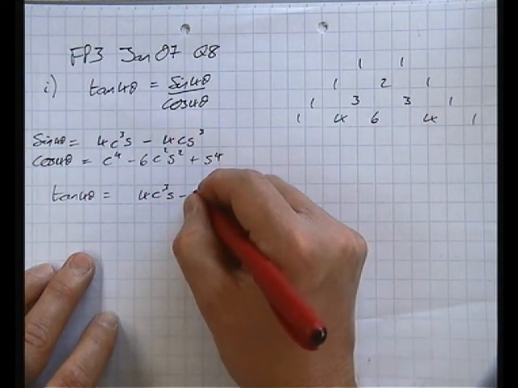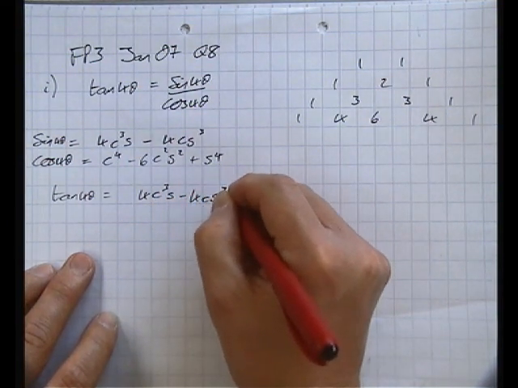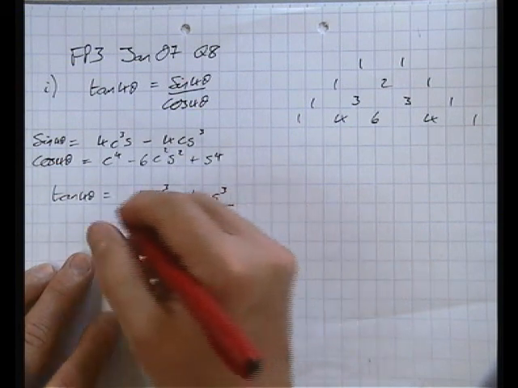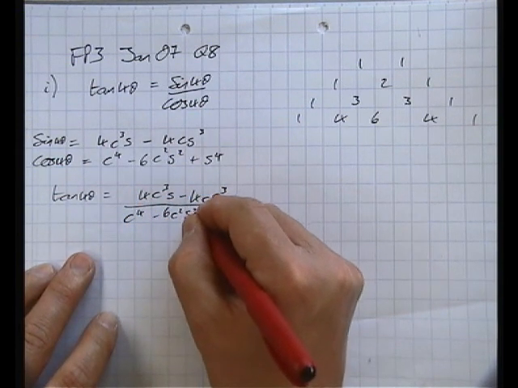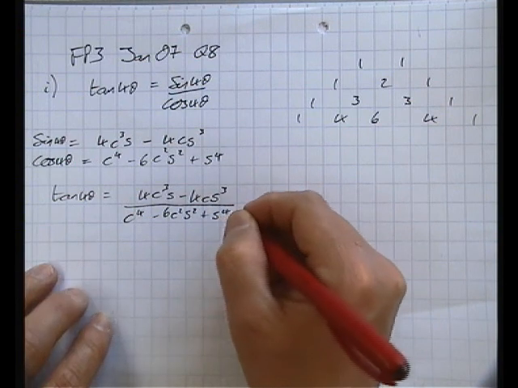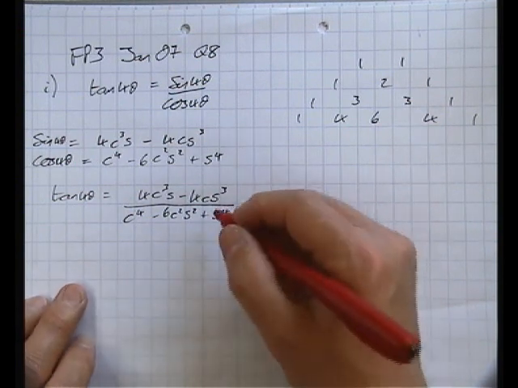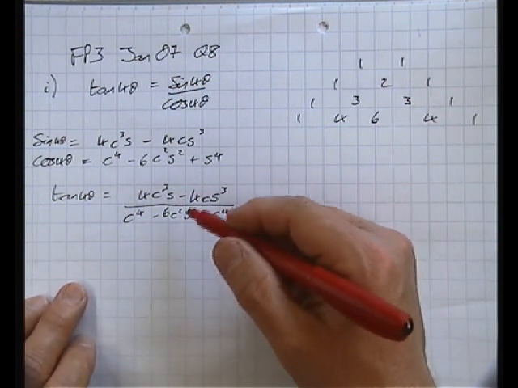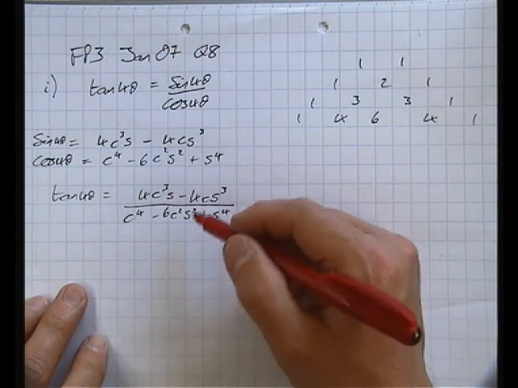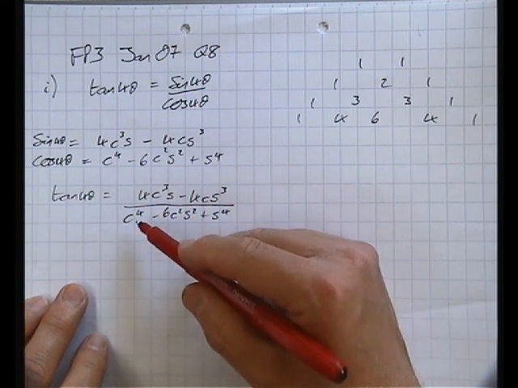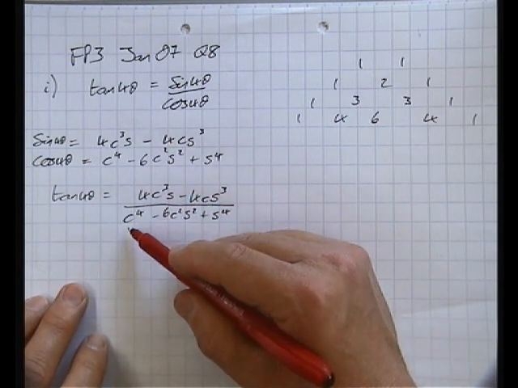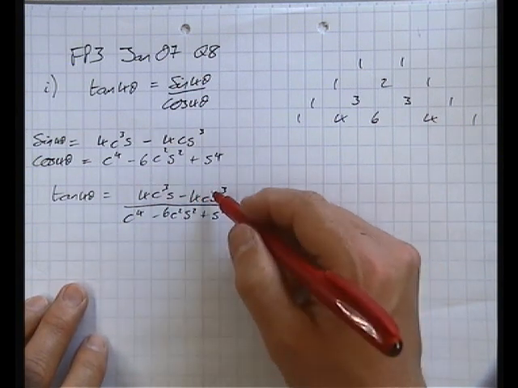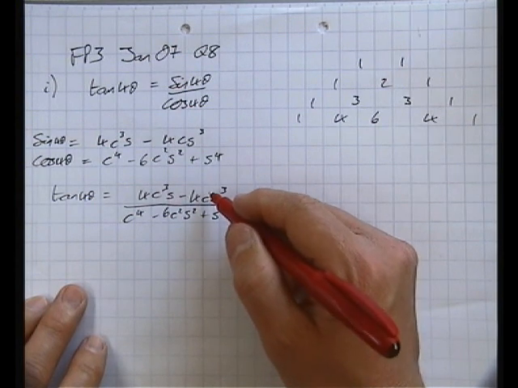4c3s minus 4cs cubed, all divided by c to the 4 minus 6c squared s squared plus s to the 4. Now, it's always the same process when you want to convert these into tangents. Find the highest power of cos and divide by that. So there's my cos to the 4, it's the highest power there,